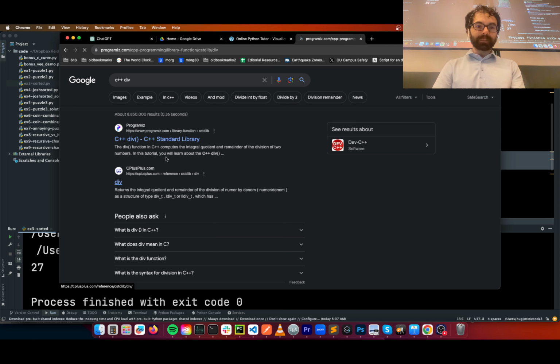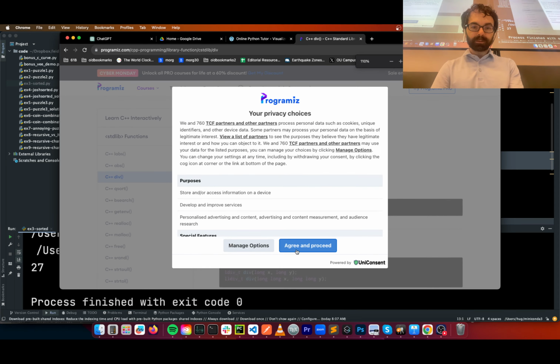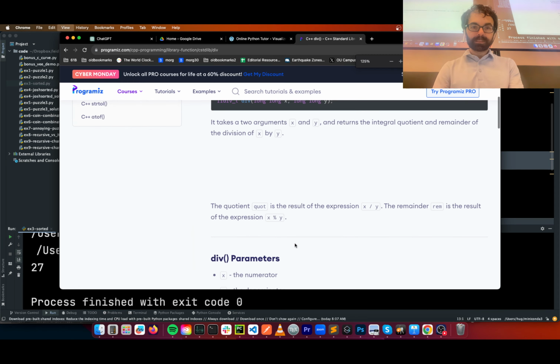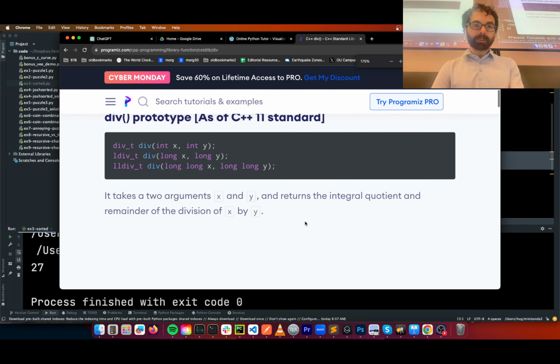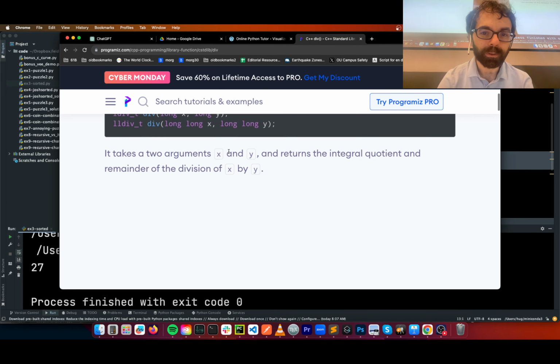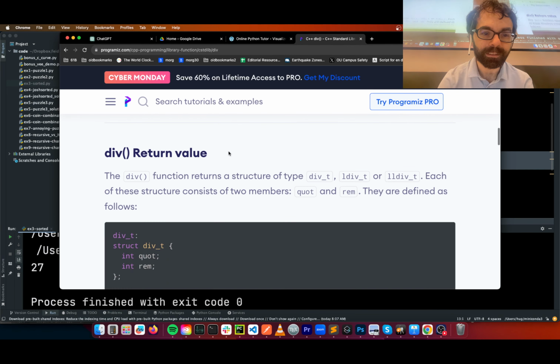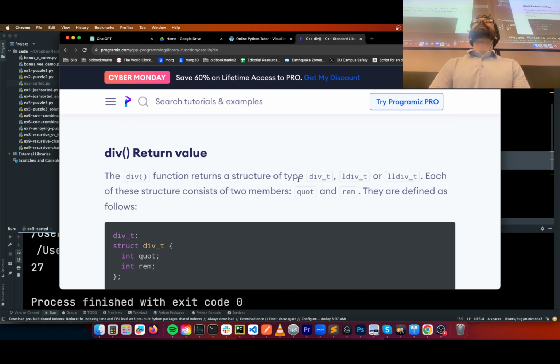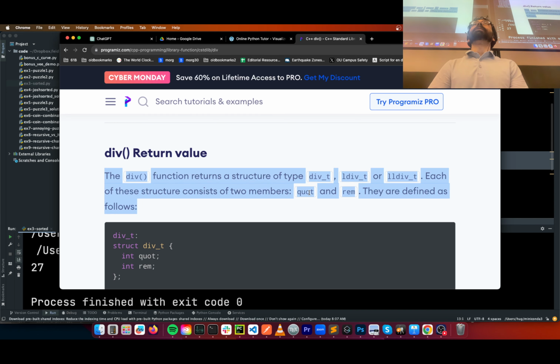Okay, the standard library. The integral quotient. Do I trust programiz.com? Sure, okay. Integral quotient and remainder. It returns two things. Oh, it's a structure. Sounds like it's the quote part of div.